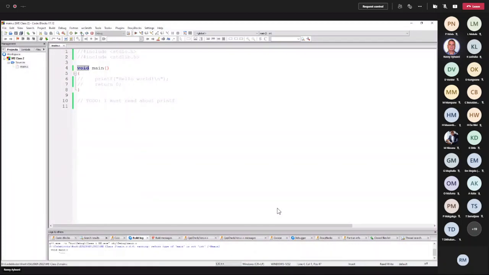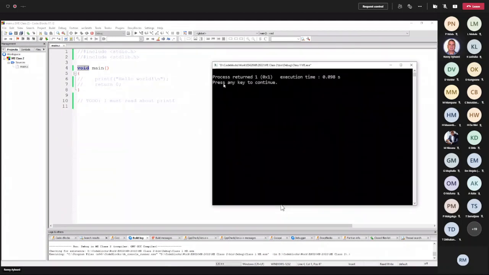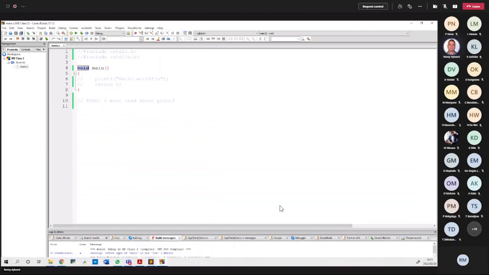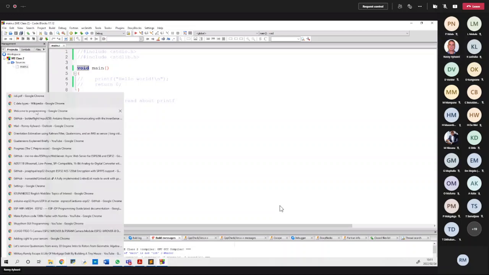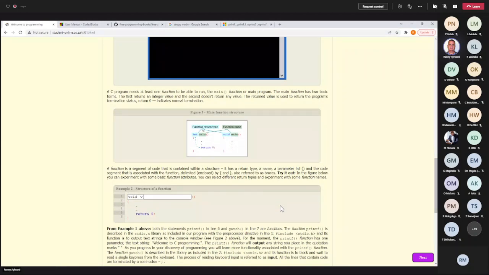Although when you compile and run the program, you kind of see the same kind of output. Again, this is also on the web page, where the basic structure for a program is int main, round brackets, curly brackets, with a return value.